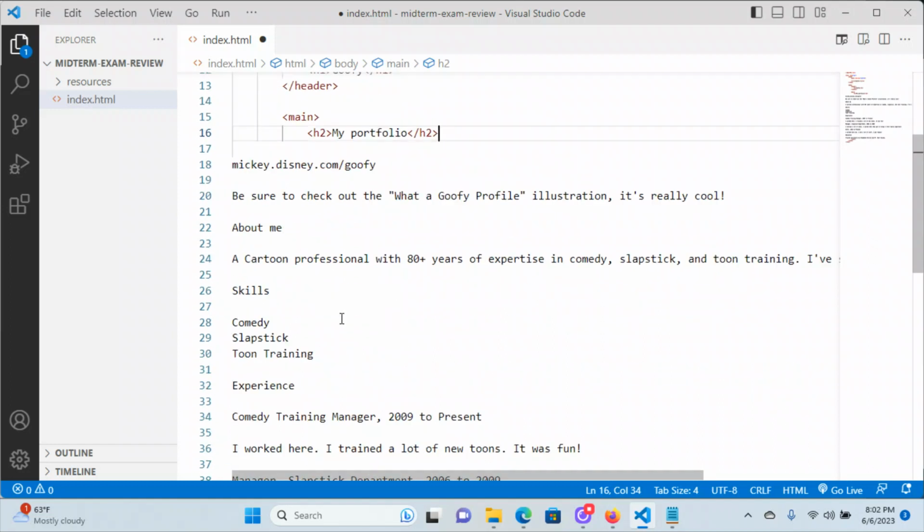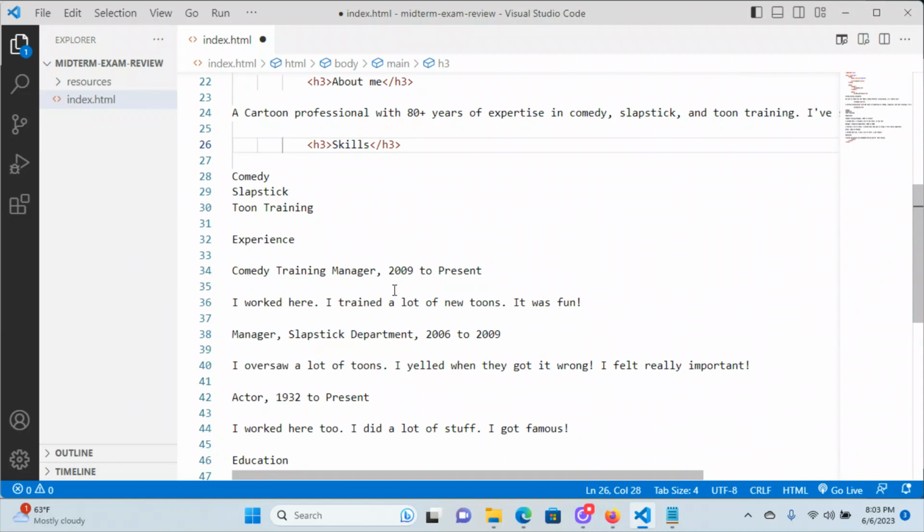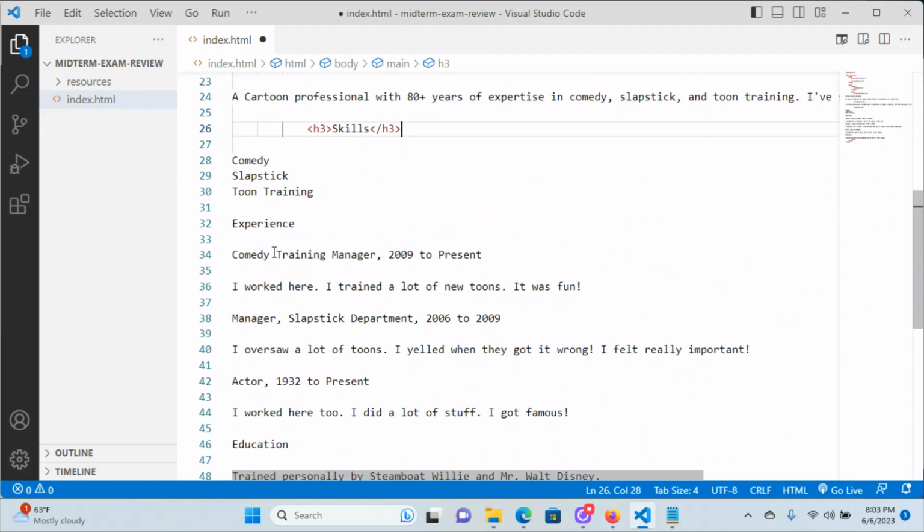What you look for generally are shortish lines like this that would make sense as a heading, like About Me, and then there's a paragraph that follows that seems to be related to that, right? So that's probably a good candidate for a heading. So maybe an H3. And then skills, maybe it's the same thing. And experience and education. I think there's a couple more that I took out here because I wanted to keep this fairly short, but